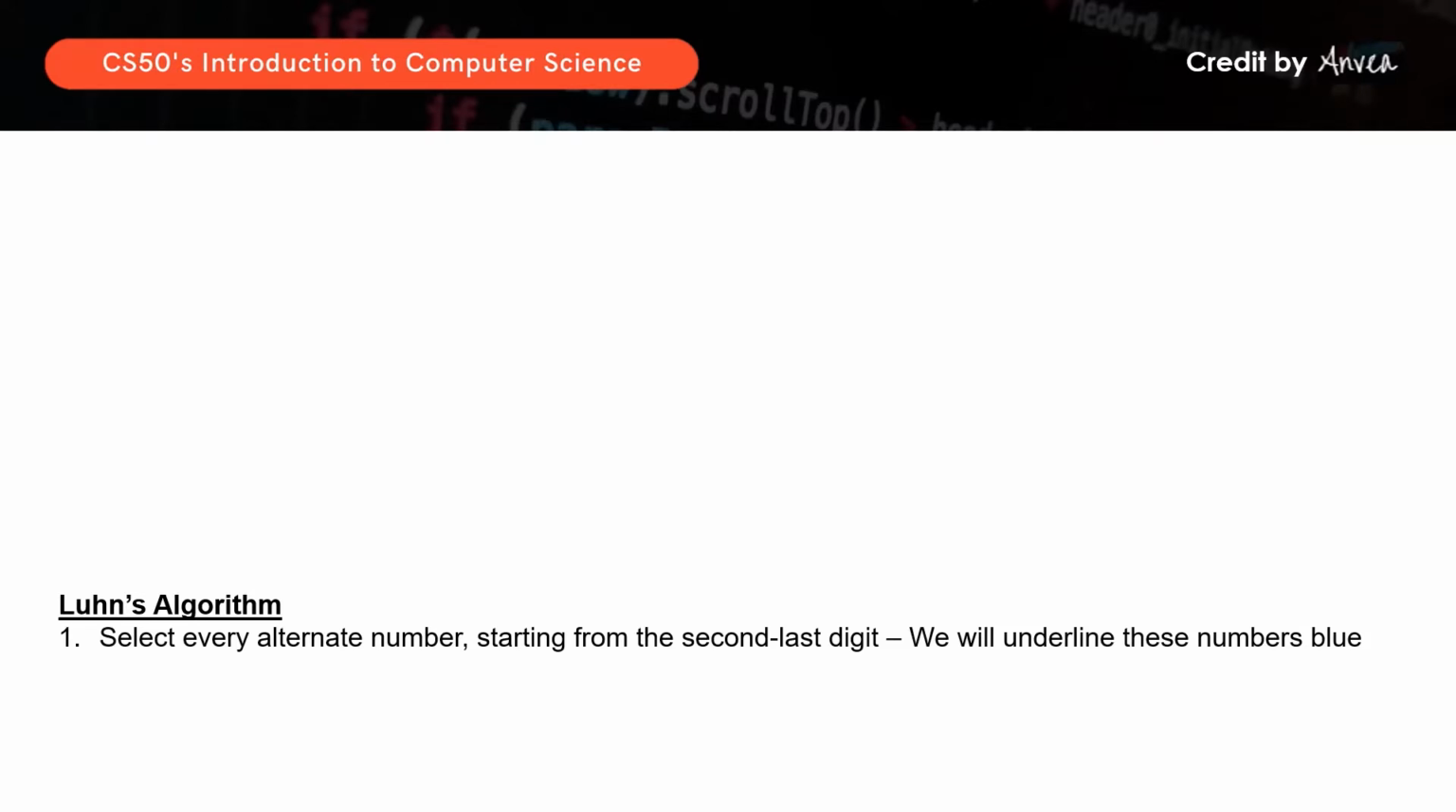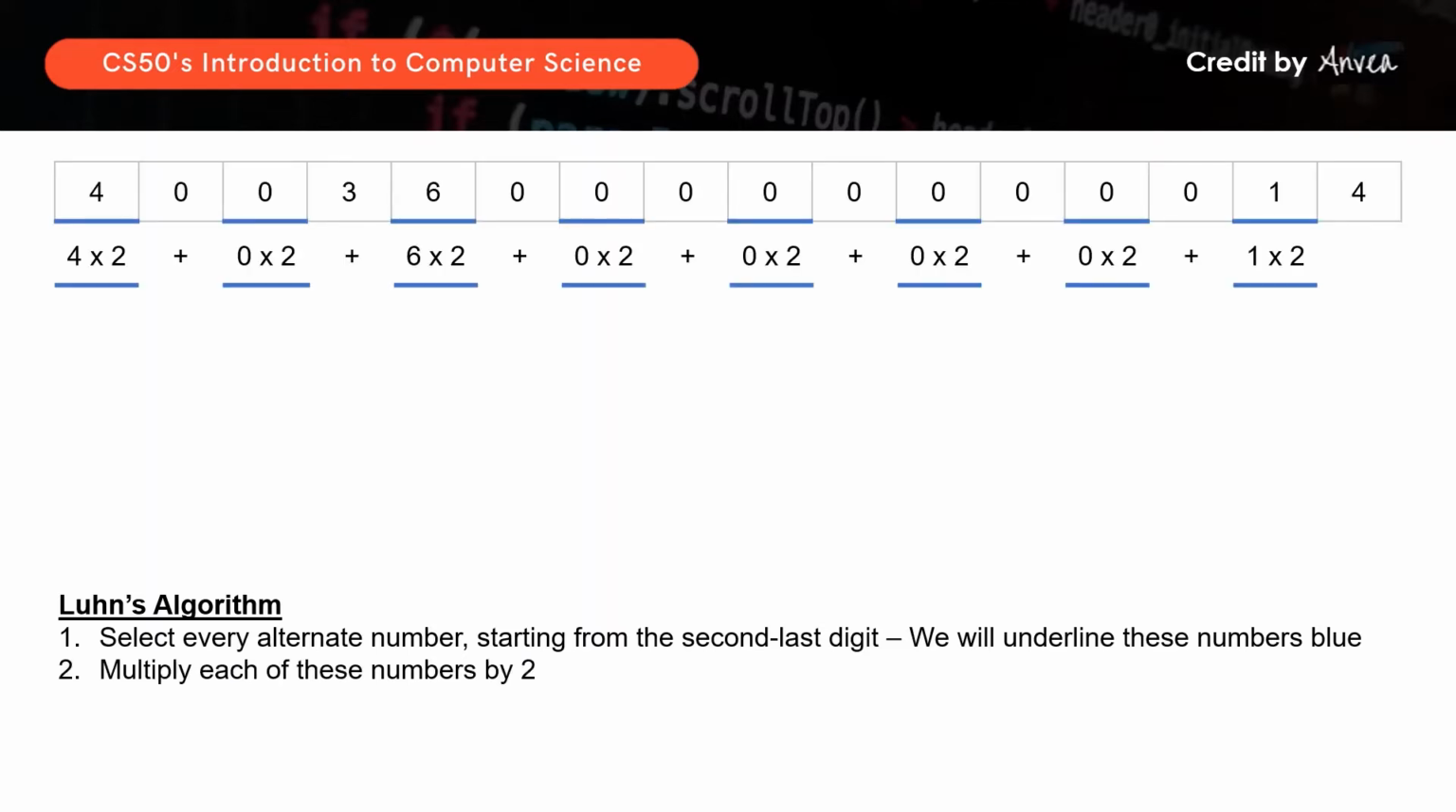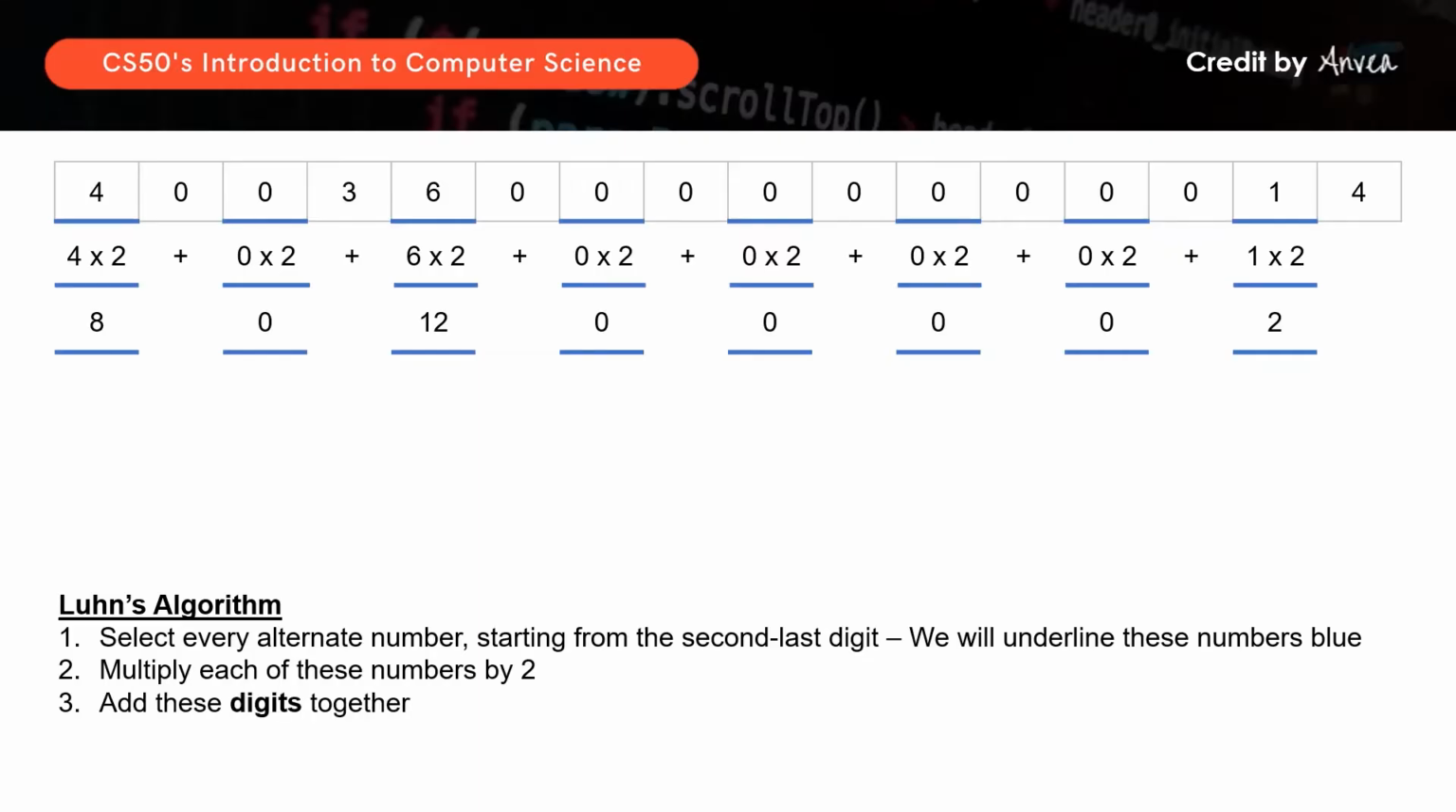So there's a few steps to this. Firstly, starting with the second last digit, you need to multiply every alternate number by 2. Then, you need to add these products' digits together. So do note that it's the digits that we're working with. So for example, it would be 8 plus, not 12, but 1 plus 2 plus 2,